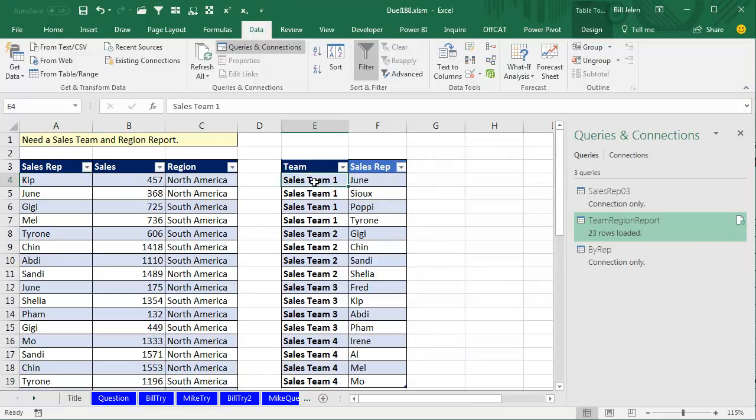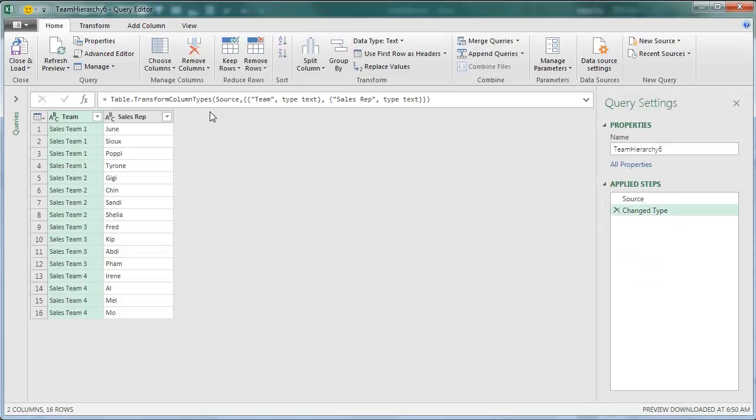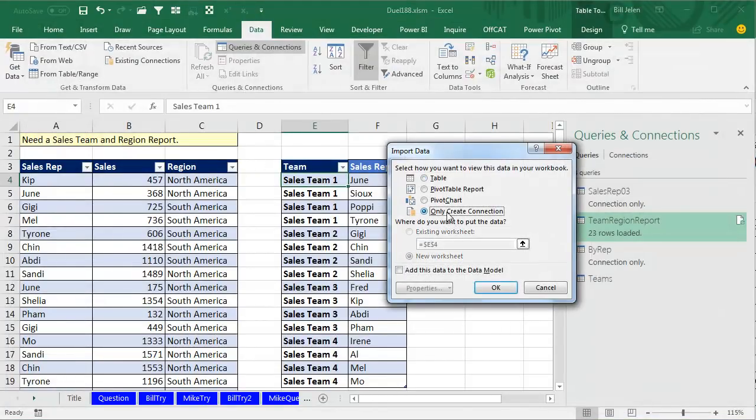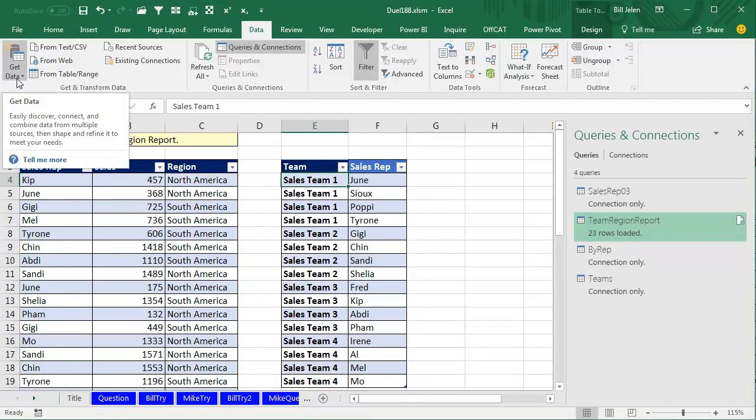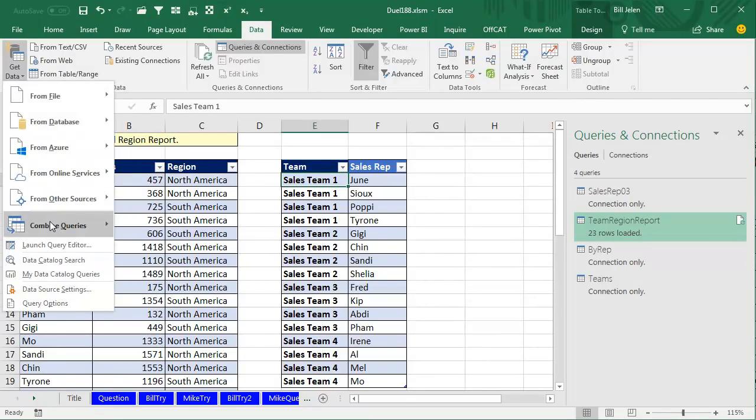All right. Then I'll come to the second one and say that I'm going to create a query from a table. And this is just going to stay exactly the way it is. We'll call this teams and close and load to only create a connection, like that. All right, so now we have two different queries here, and I'm going to say that I want to create a combined query, a merge query,